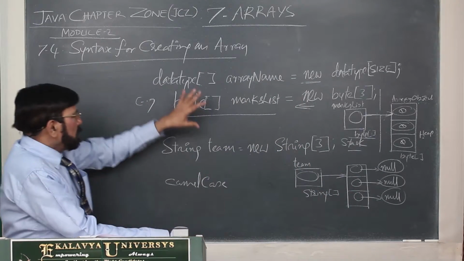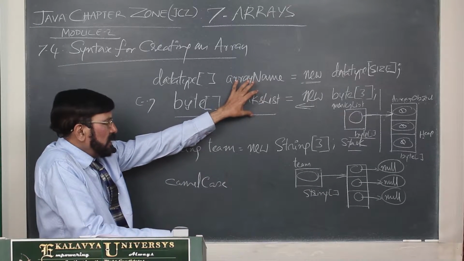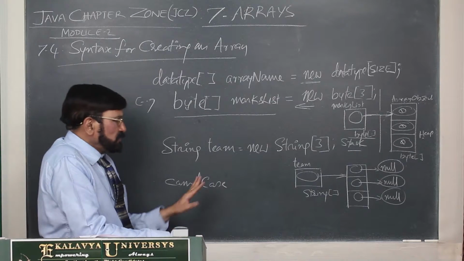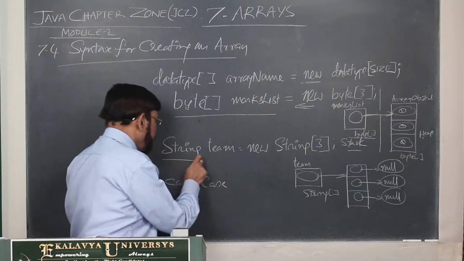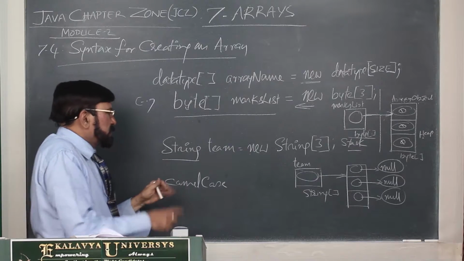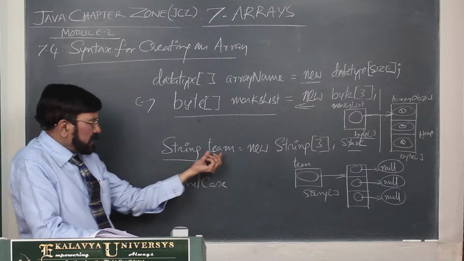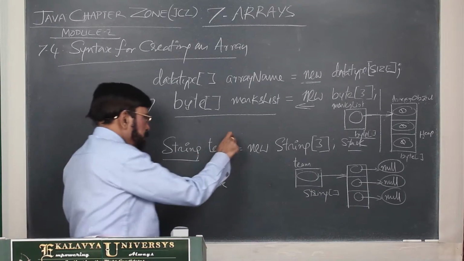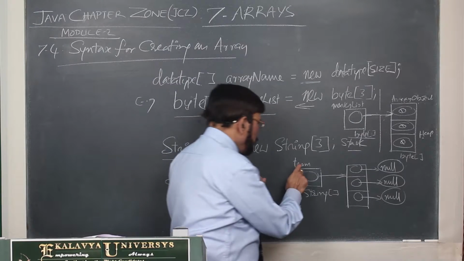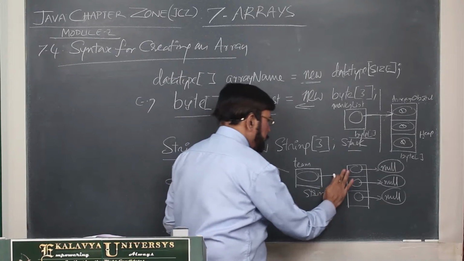Thereafter, as far as the 8 primitive data types are concerned, this is the example. What about reference types? I am talking about reference types also. So now you see I have taken String. String is a reference type. It is a class. Now I am defining a String type reference variable, String team. Up to here only see. String team is the reference variable. As a result of this, this is created.